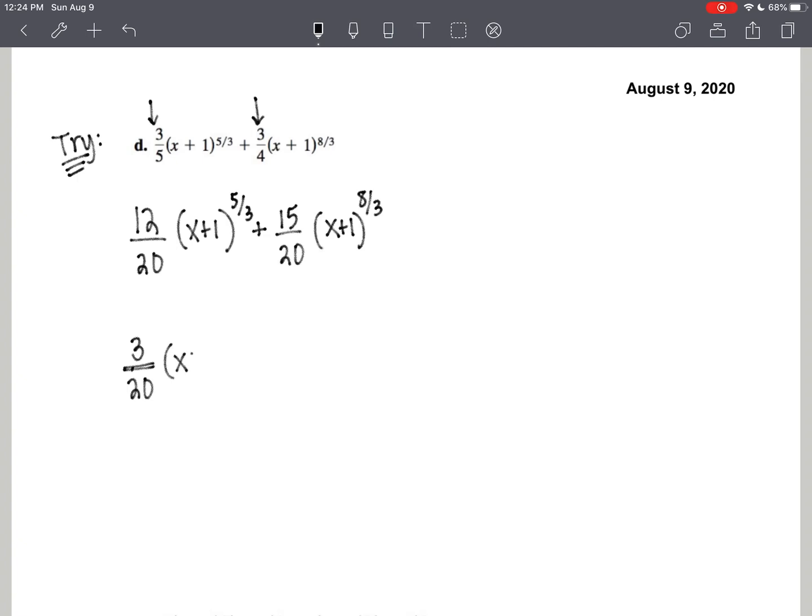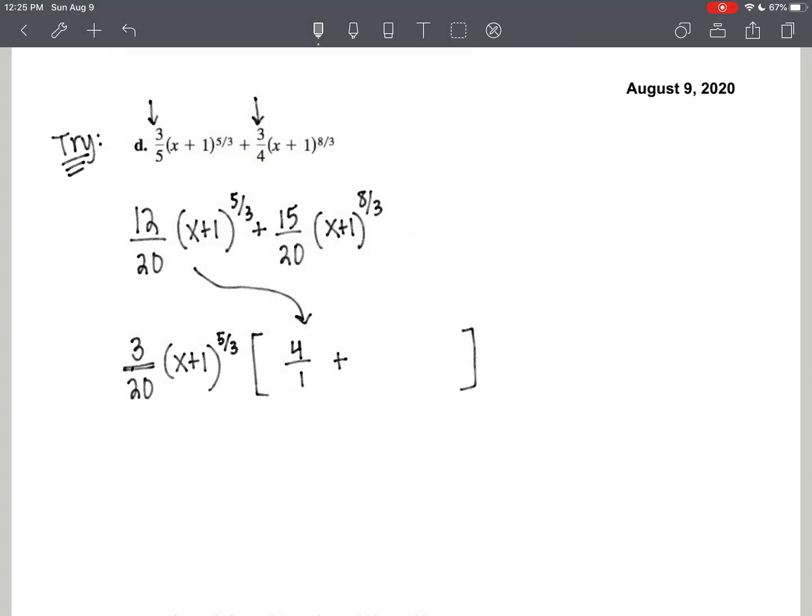Okay, I can also take out x plus 1 to the 5/3 power. So what's that going to leave us? Well, when you take out the 3/20, you're going to be left with 4 over 1, right? 3 times 4 is 12, 20 times 1 is 20. That's what we're going to have left over. Times x, oh, no, those canceled out. Those canceled out, so just a 4 plus,